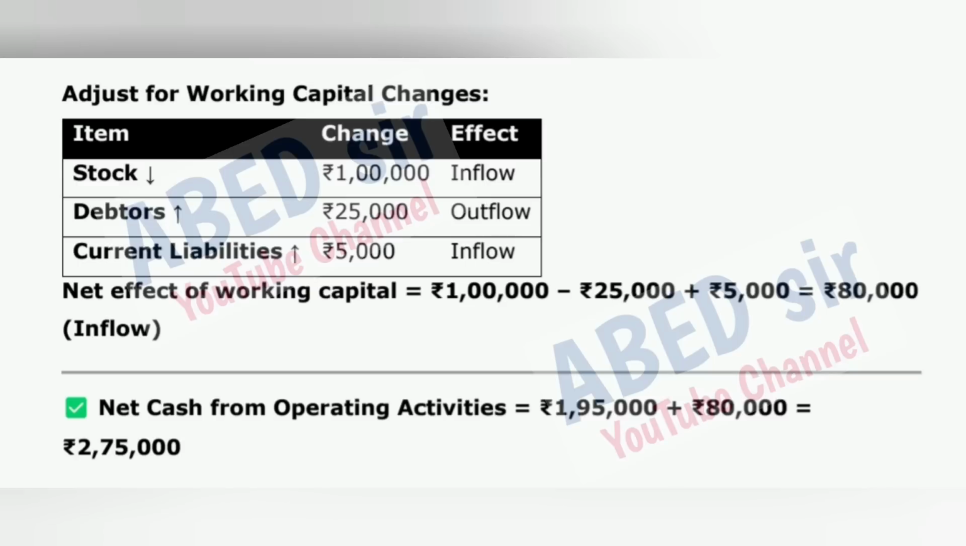1,95,000 rupees. Adjust for working capital changes. Item, change, effect. Stock 1 lakh rupees inflow. Debtors 25,000 rupees outflow. Current liabilities 5,000 rupees inflow. Net effect of working capital is equal to 1 lakh rupees minus 25,000 rupees plus 5,000 rupees is equal to 80,000 rupees inflow. Net cash from operating activities is equal to 1,95,000 rupees plus 80,000 rupees is equal to 2,75,000